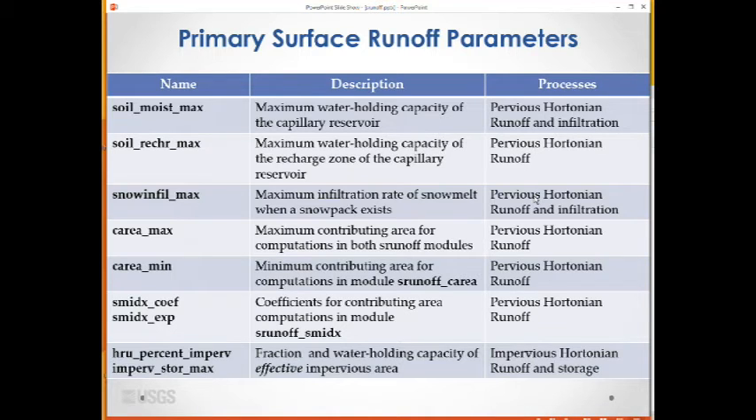The parameter C area max, the maximum contributing area, can be the most sensitive parameter to compute peak flows. The pervious runoff parameters C area min, SMIDX COF, and SMIDX EXP are very sensitive for the flashiness of streamflow, while the soil parameters soil moist max and soil recharge max are sensitive for the full range of streamflow. The impervious parameters, HRU percent imperv and imperv store max, are very sensitive for peak flows and the flashiness